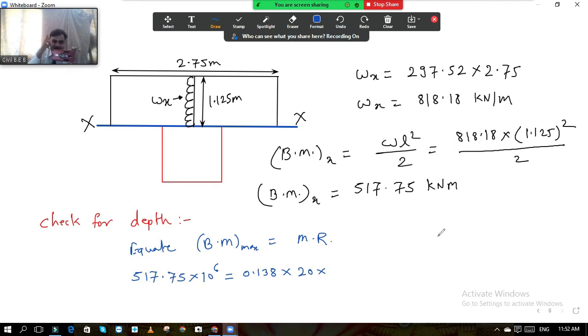And when you consider the maximum bending moment for the y section, if the bending moment of y is maximum, then the axis is vertical. So which is the vertical dimension? This dimension is the vertical dimension. This will become your length, and the opposite dimension will become your width. So here our width is 2750, that is 2.75 meters, so 2750 into d required square. If you simplify this, you will get the value of d required. Let me know the value.